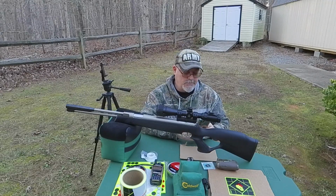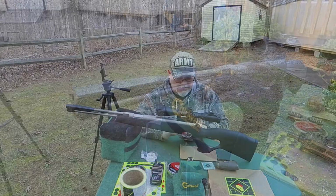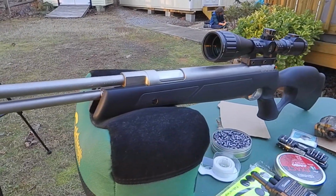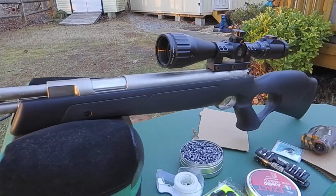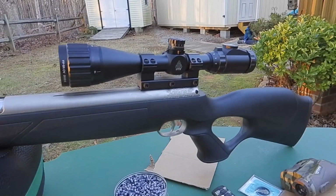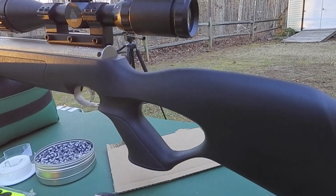Let me read those, and while I'm reading the specs off, I'm rolling some B-roll footage so you don't have to look at my ugly mug. So the Weihrauch HW97K, this is .22 caliber. It's an 11.8 inch barrel length. It's a 40.35 inch overall length. It weighs 9.10 pounds. It's got a spring piston in it, single shot, and it's shooting up to 755 feet